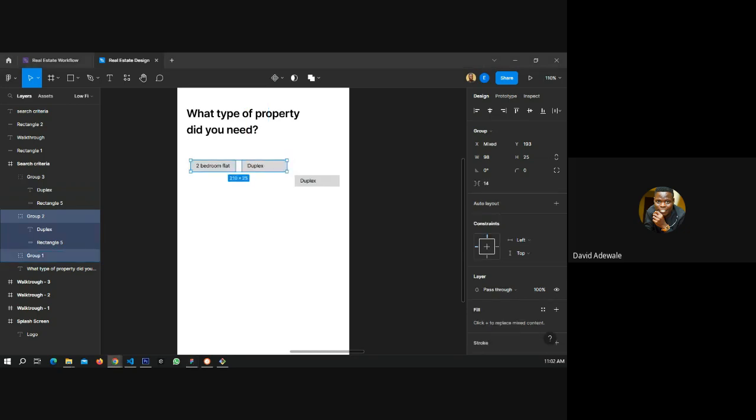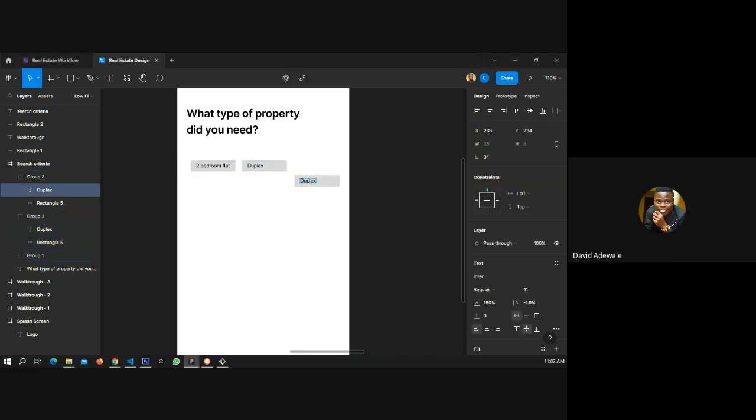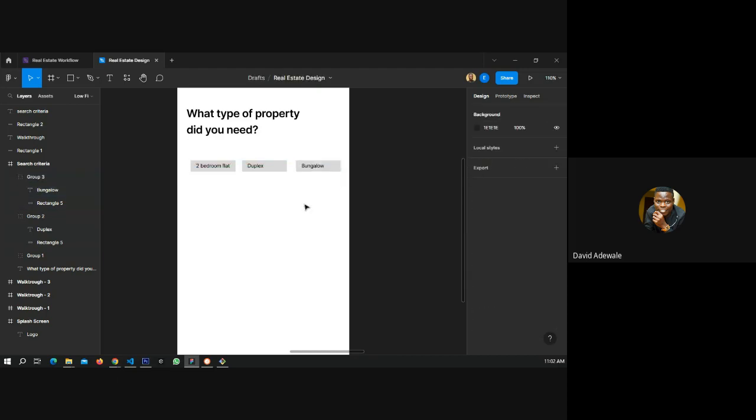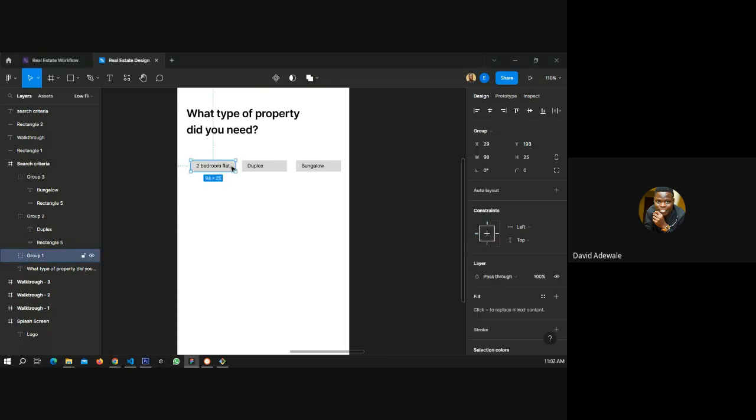Bungalow. Thank you. Nobody else? Storey building. Why are you talking about building alone? About landed property.